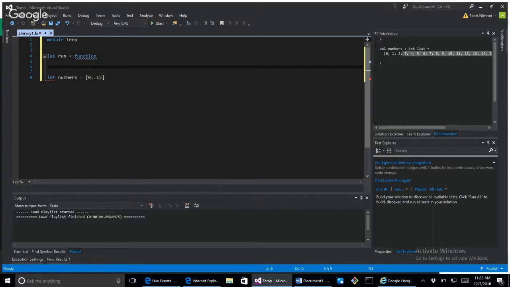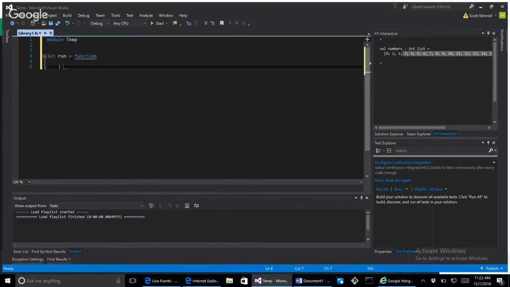So this run function is supposed to take in this sequence of, well, it's not going to take in the sequence of numbers. It's going to take a number, right? So it really doesn't know anything about this right here. Let me go ahead and delete that for right now. And so what I really want to do is say, hey,